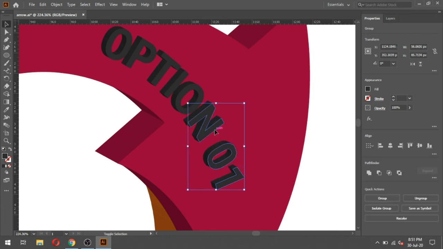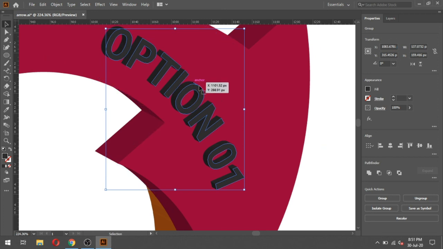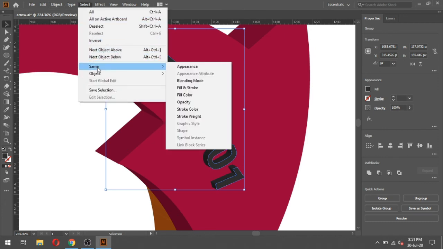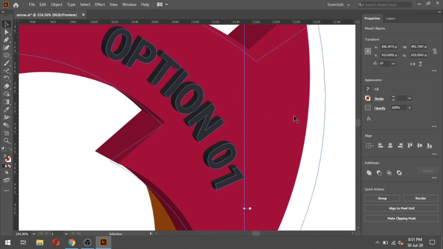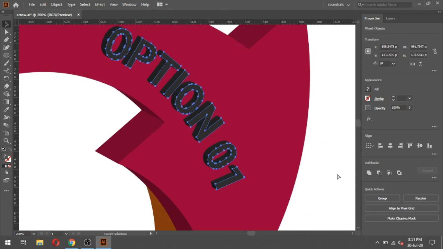Now select this one, we have to ungroup this text 2 times. Select this one, go to Select and select all text using this technique.